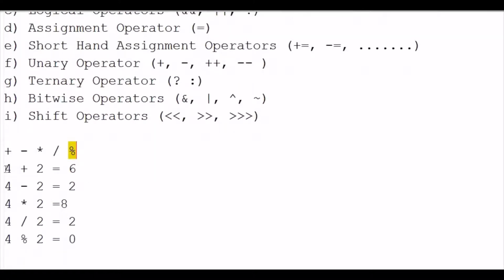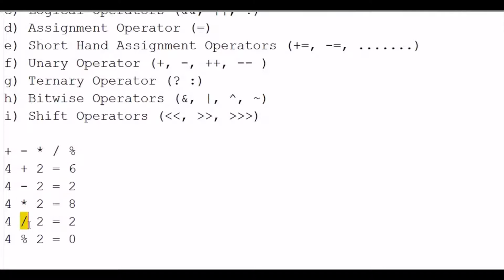Fine. Now let's take two values, for example 4 and 2. So we all know 4 plus 2 gives 6. Addition we can make out. This is the subtraction operator, it subtracts one number from the other. This is multiplication. For multiplication, we have to use asterisk. 4 asterisk 2 gives the answer as 8.